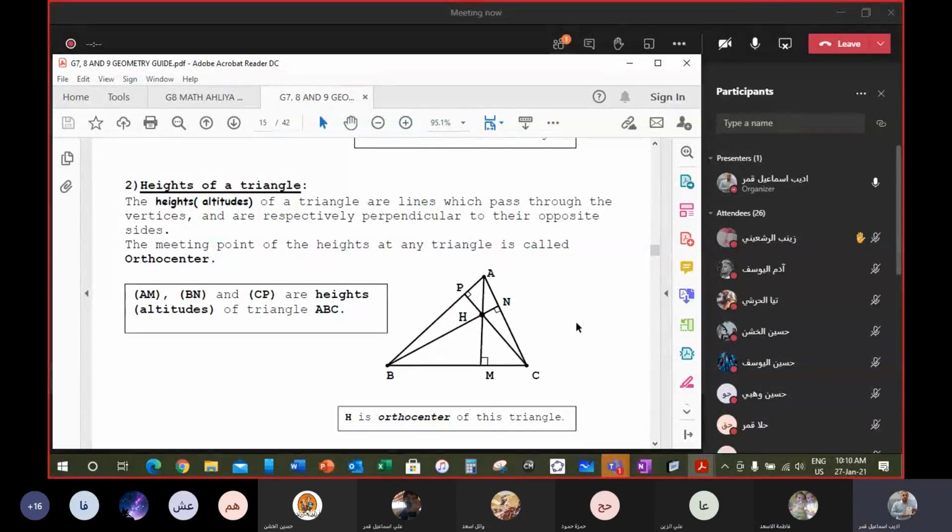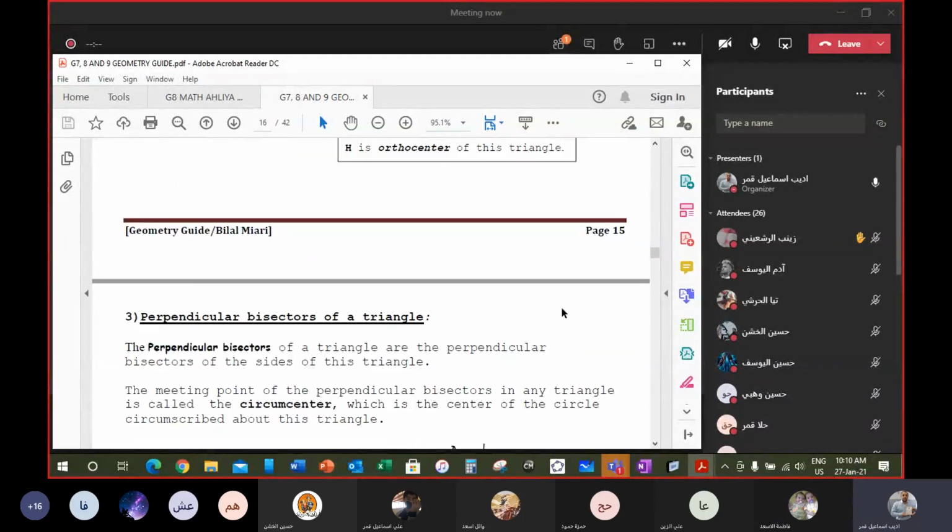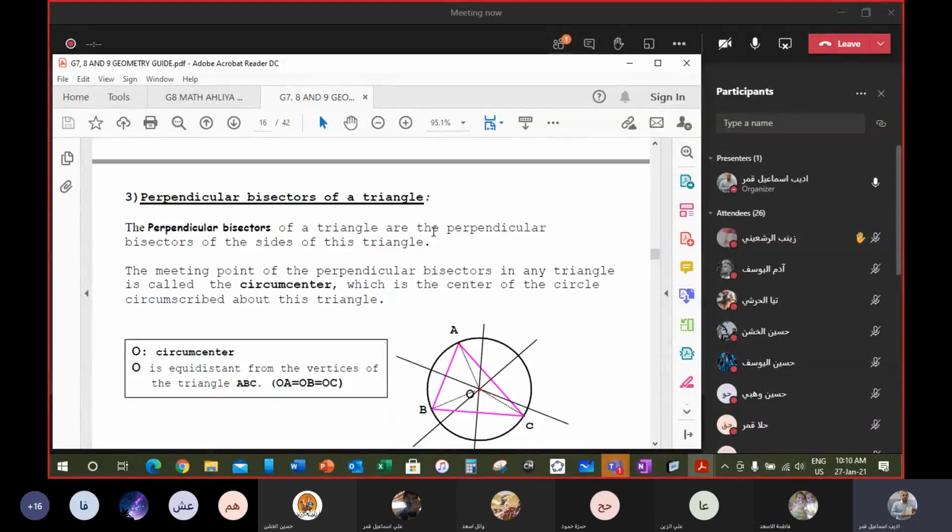طيب perpendicular bisectors of a triangle. The perpendicular bisectors of a triangle are the perpendicular bisectors of the sides of this triangle. يعني بياخذ ال perpendicular bisector للسايد AB وللسايد BC وللسايد AC، بيطلع عندي ال perpendicular bisectors. They intersect at one point. شو بنسميها؟